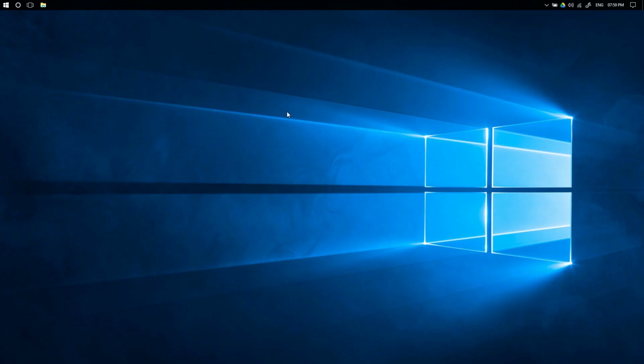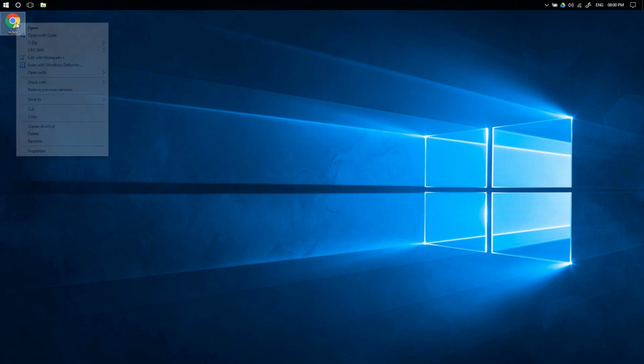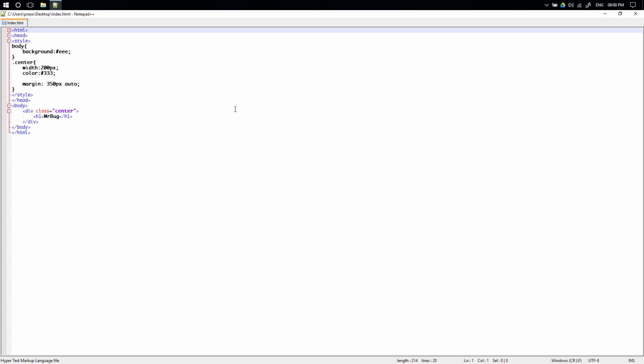The first thing we need to host a website is a website. For now, I will be creating a single page which represents the whole website. So here is that single page called index.html which is going to represent the entire website. This file contains a few lines of HTML and CSS which is going to display the text at the center of the page. Let me show you that.